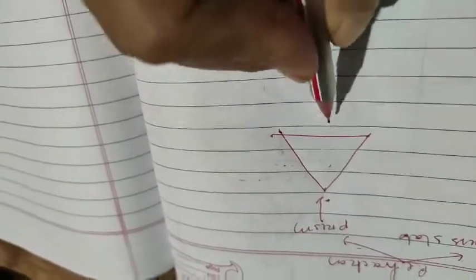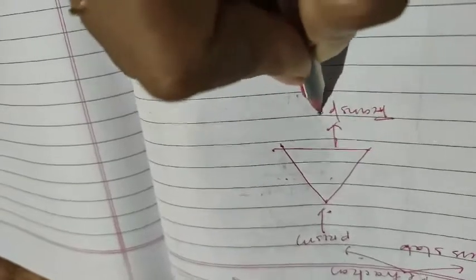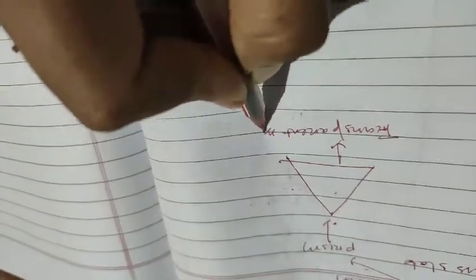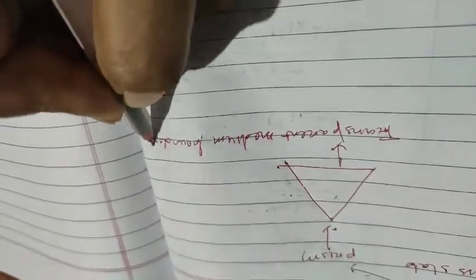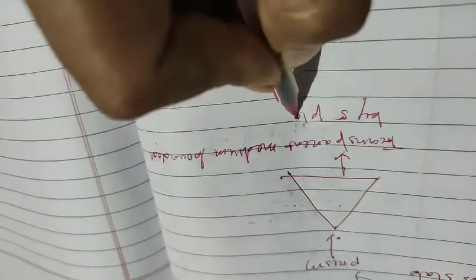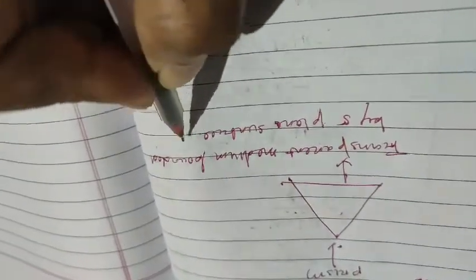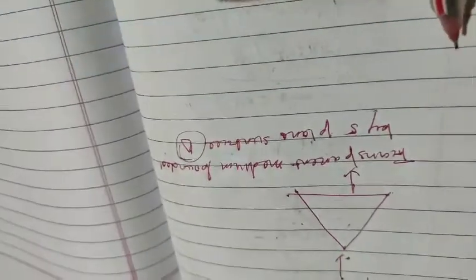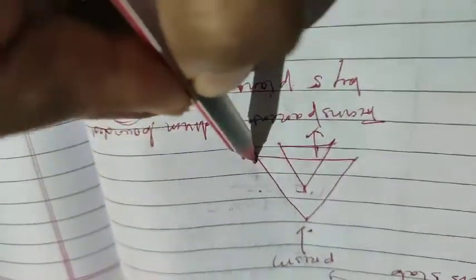A prism is nothing but a transparent medium bounded by 5 plane surfaces, with triangular cross sectional area. If you are seeing this prism, again I will show you the 3D structure. See, this completely looks like a prism.